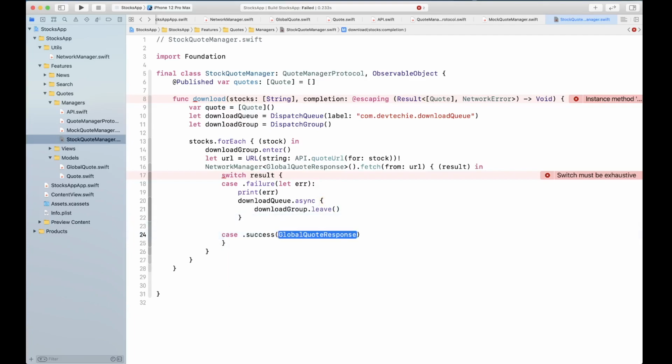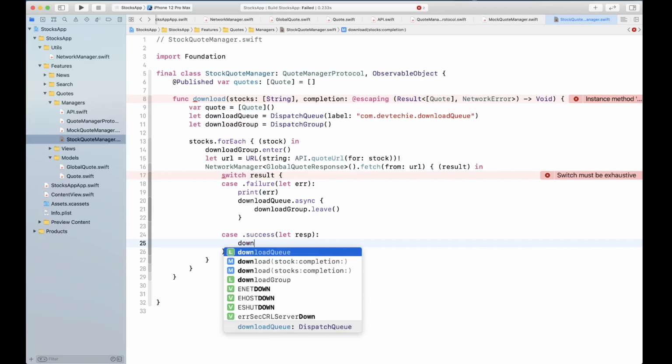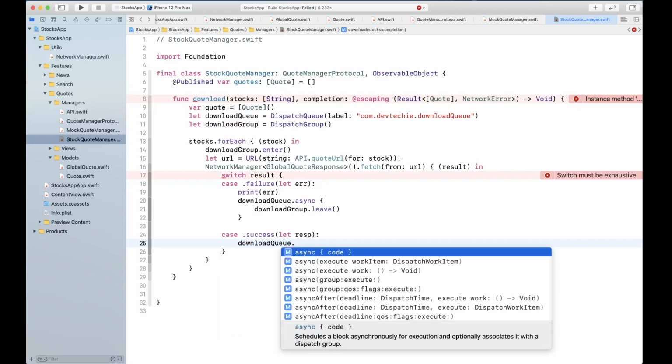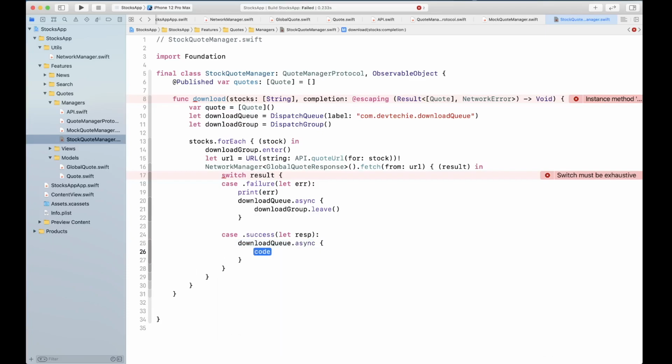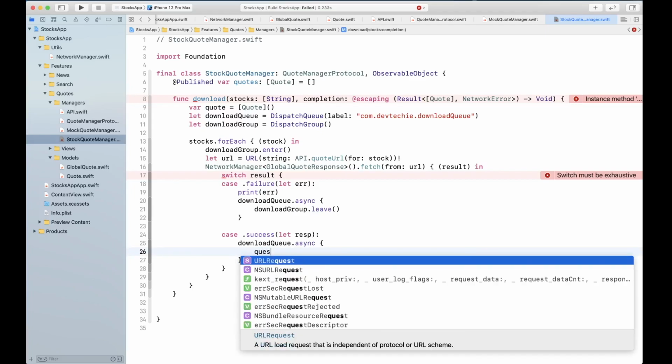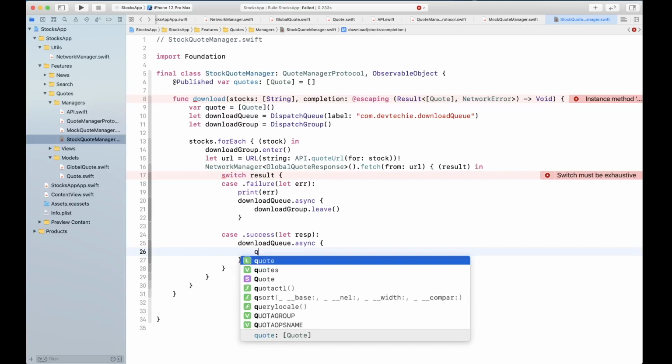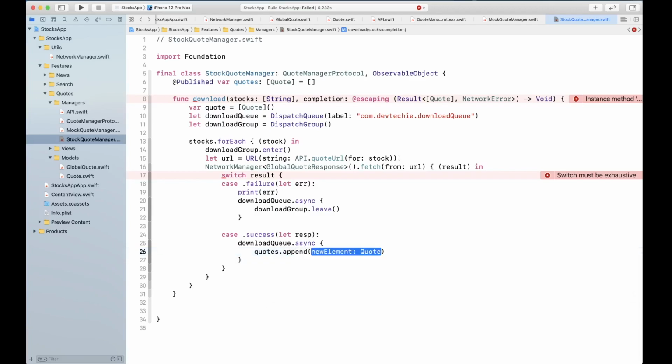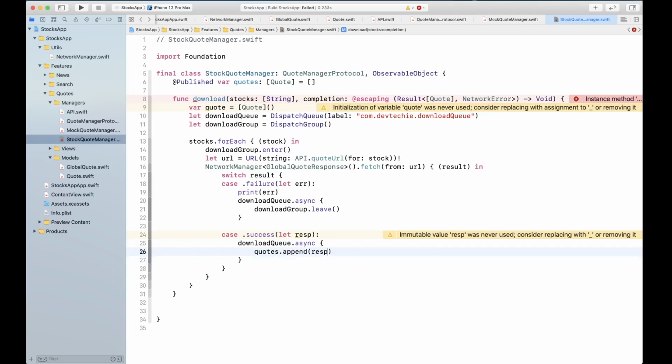Similarly for success. In case of success, we get the response, and we want to call the download queue dot async, and we're going to say quotes dot append response dot quote.